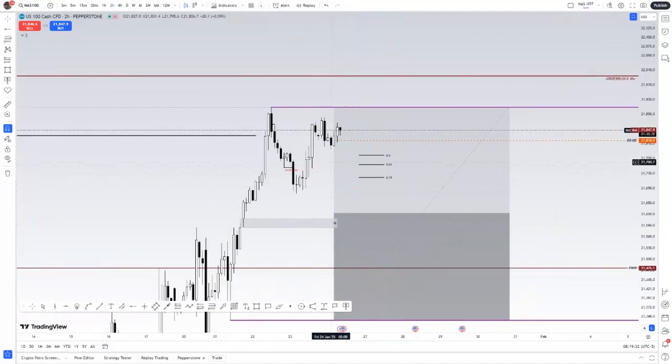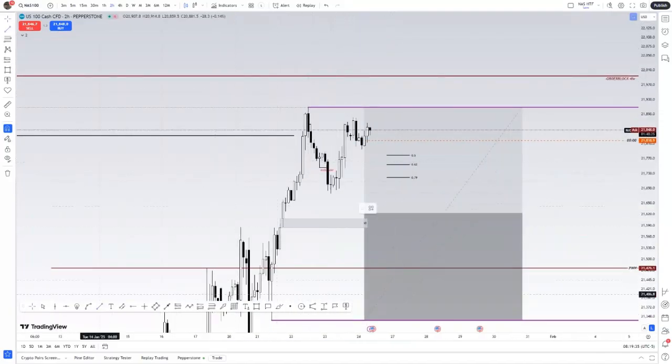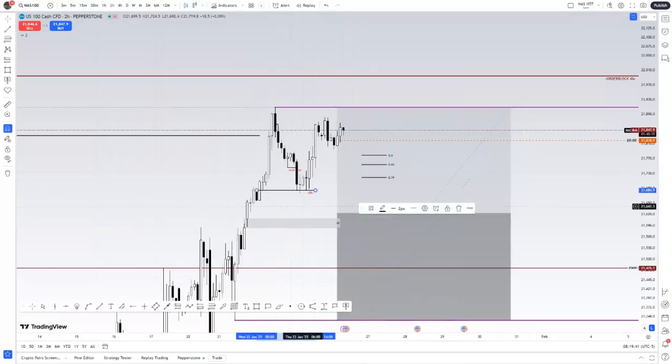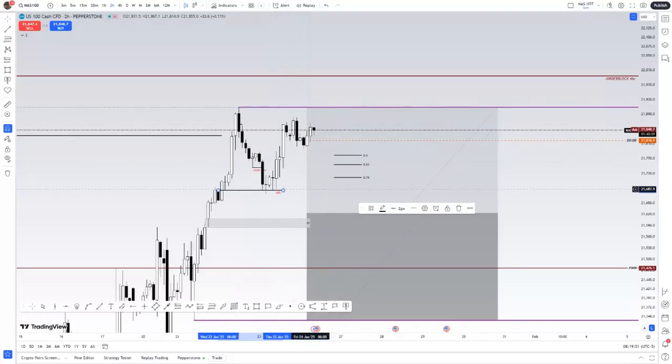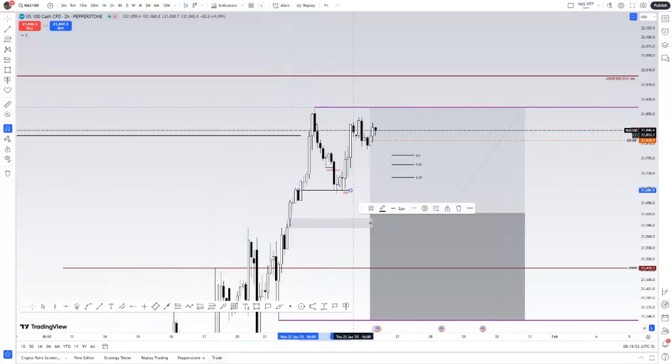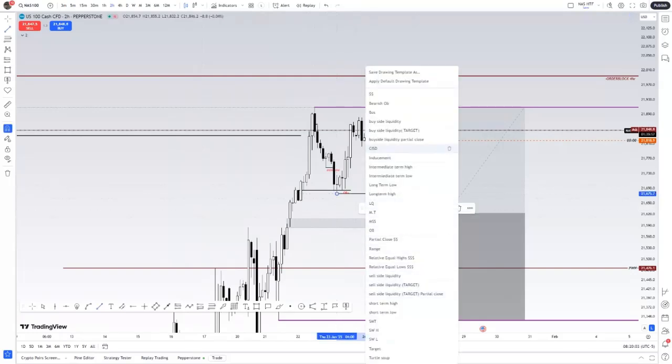right? But also, as you can see, we just found another dealing range. That's an order block. Meaning this is an intermediate term low because this low came to rebalance. So this is a long-term high, intermediate term low. So we need to form an intermediate term high for us to know whether we're going to come back for this intermediate term low. Because generally intermediate term lows have a lot of liquidity sitting below them,